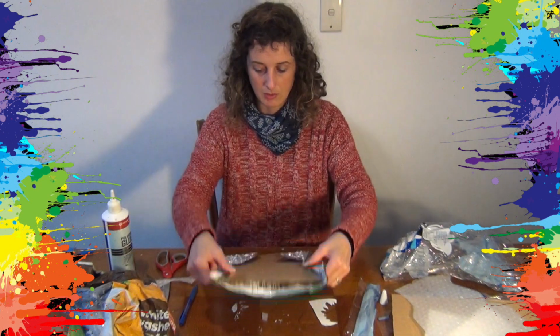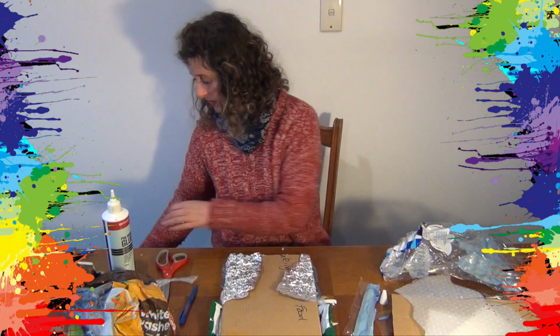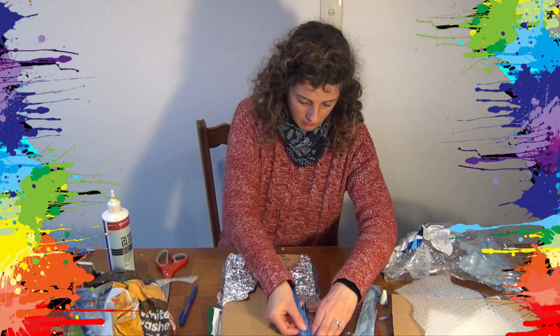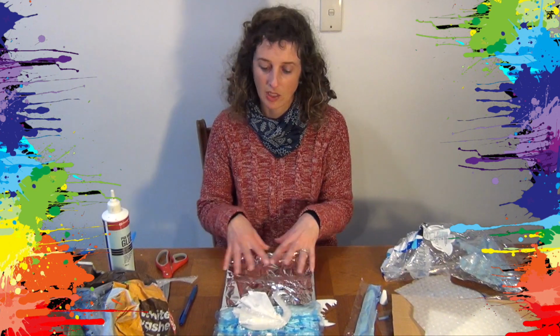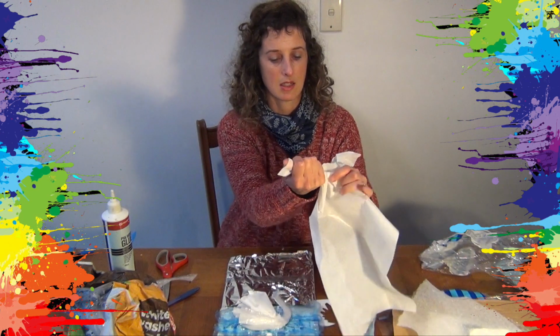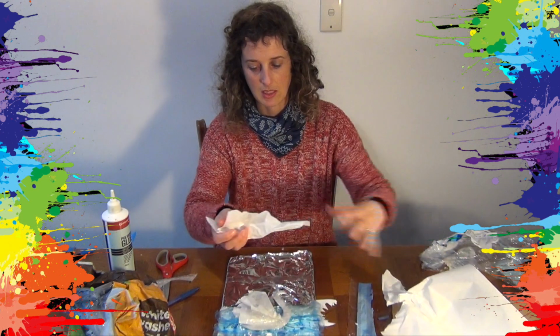So this stuff is a little bit trickier, it doesn't really like the glue, so we've got a bit of tape as well to get that stuck down, the Doritos packet. I'm going to create a few little clouds to go in there. I think I'm going to use the baking paper again. Just going to rip that up,